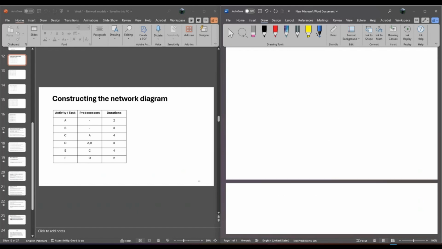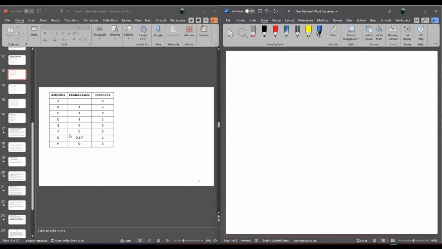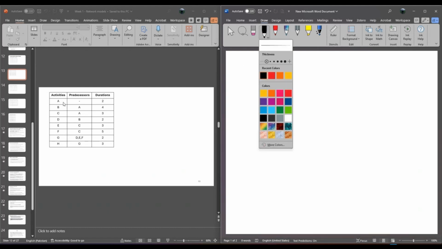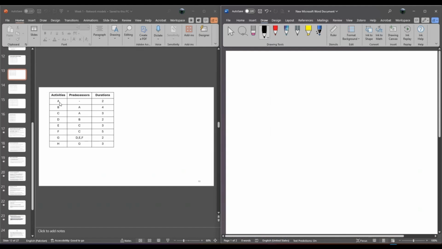So I'll just bring it down. Now the next network diagram, which we will try to construct, is this particular one right here. Here activities range from A till H. Now if you think about that, same as the previous one, activity A has no predecessor. So what does that mean? We'll draw a node 1, and from node 1, I'll create an arc, and that arc will represent activity A,